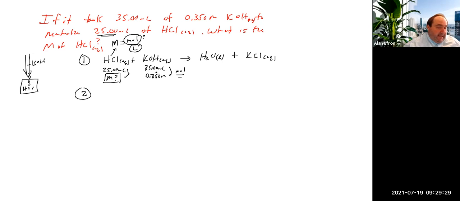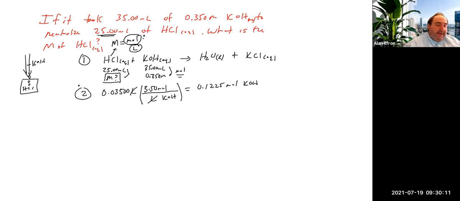We're going to convert our KOH into moles in this case. We are going to convert our volume into liters here. Divide the 35 by 1,000. We are then going to use the molarity of our KOH as a conversion factor, 3.5 moles per liter of KOH. Liters will cancel each other out, which is why we need to make sure we convert into liters here. And if we do that, we end up with 0.1225 moles of